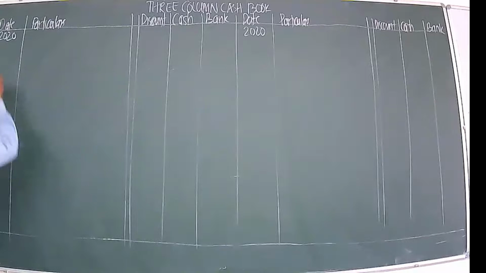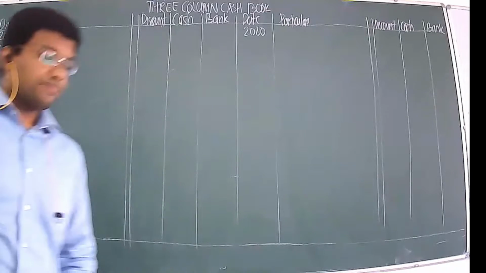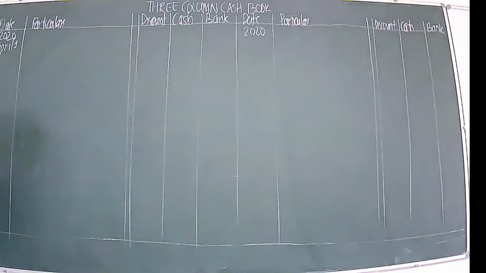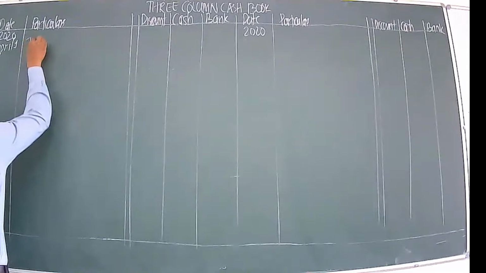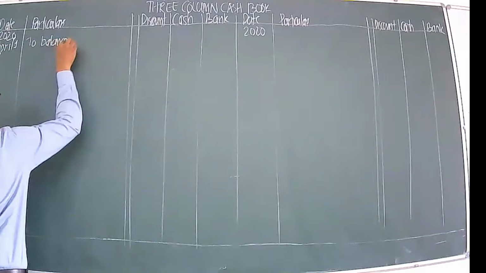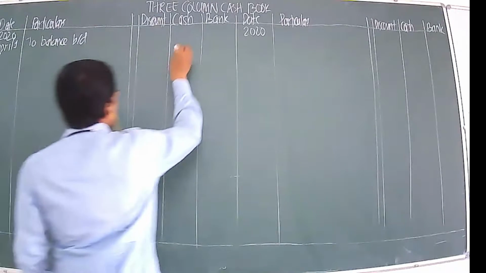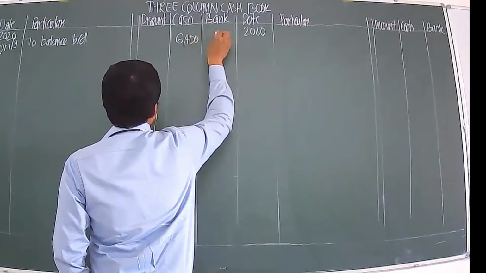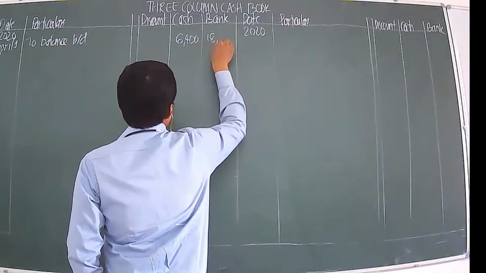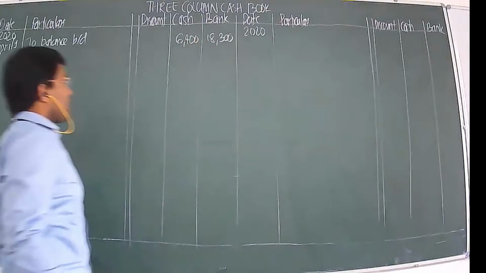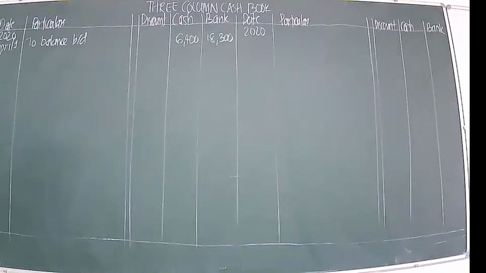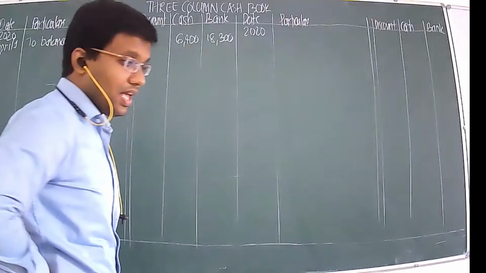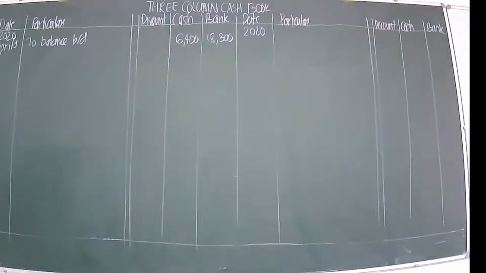Good morning, sir. Good morning, Priyanshu. The first transaction, cash in hand 6,400 and bank is 18,300. To balance brought down. Which side, debit side or credit side? Sir, debit side. Yes, to balance brought down, cash we will write in the cash column 6,400, and bank 18,300 in the bank column. Very good, Priyanshu. Thank you. The transaction that Priyanshu shared with us was absolutely correct. We have the answer as to balance brought down, cash column 6,400, bank column 18,300.